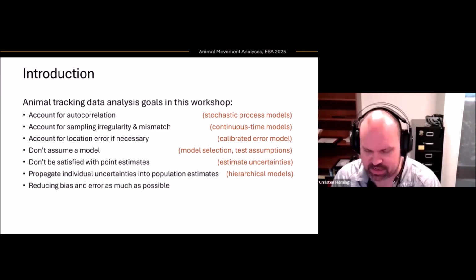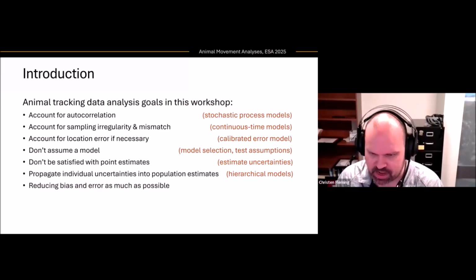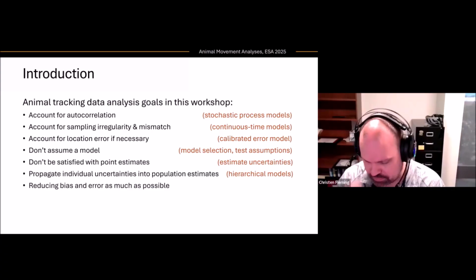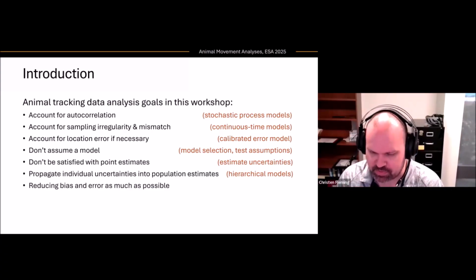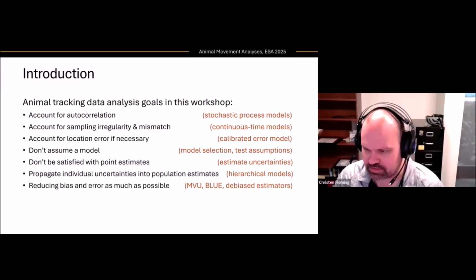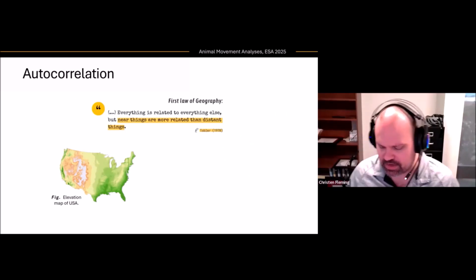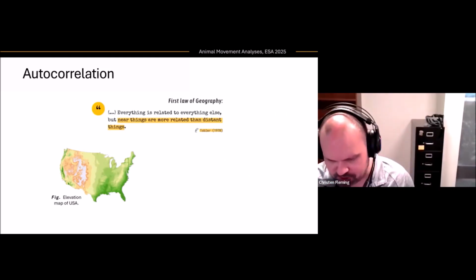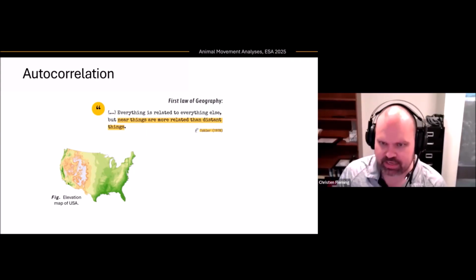And in the methods I'm going to talk about, we work as much as possible to reduce the bias and error by using the best methods available, or the best methods that we can derive from first principles, with different techniques that I won't be able to get into too much, but are in the published papers associated with the methods. So the first thing I want to talk about, which is the primary concern of animal tracking data, is